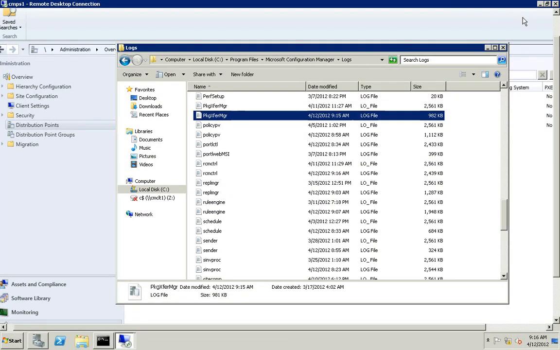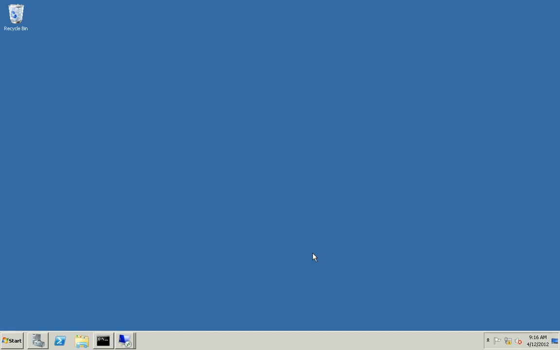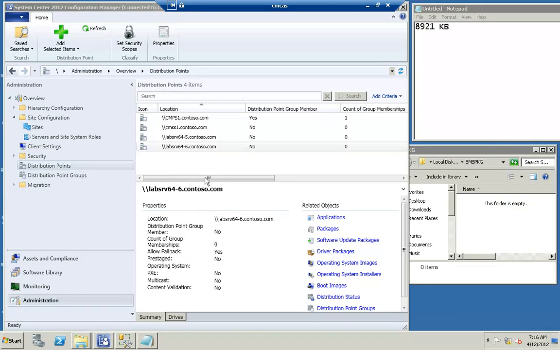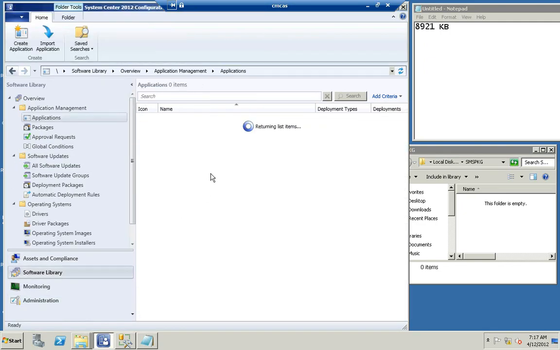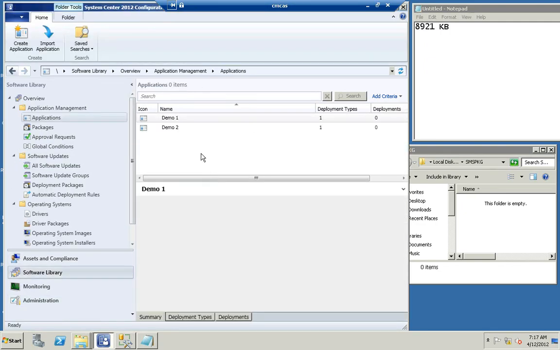So let's do another one, okay? And this will be our final demo that I want to show. And I want to do kind of a double whammy here for this last one. So let me go back to the CAS. If I go back to the CAS, remember I have my second demo. The second demo essentially has a deployment type right now created that is pointing to a source directory that is, for all intents and purposes, except for two files, the exact same file structure as what we have